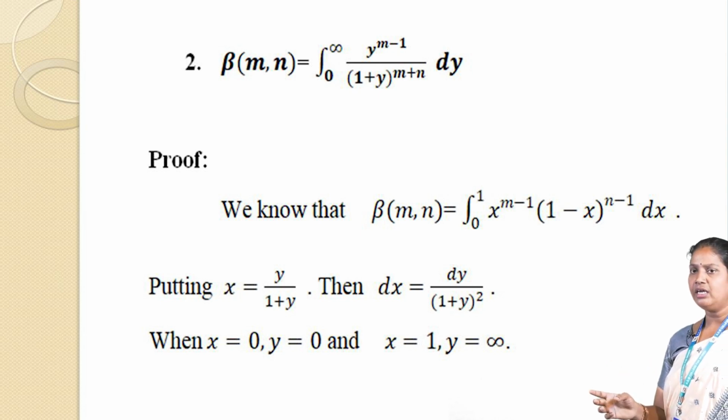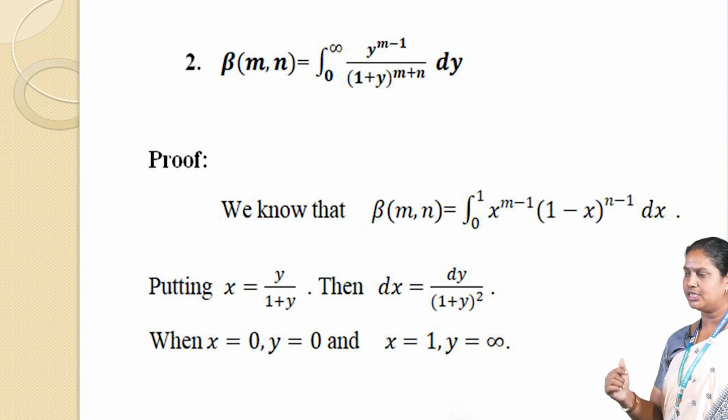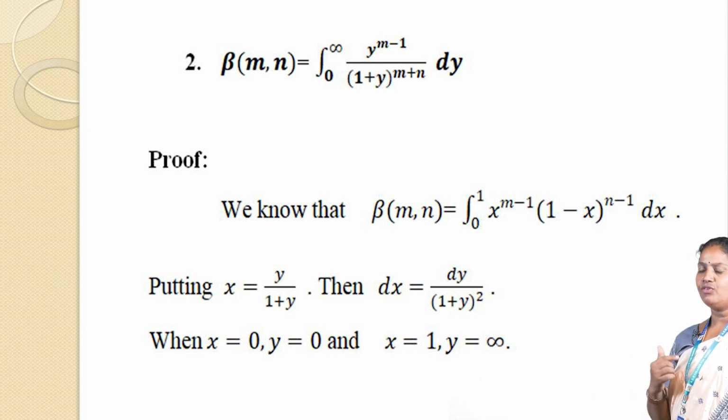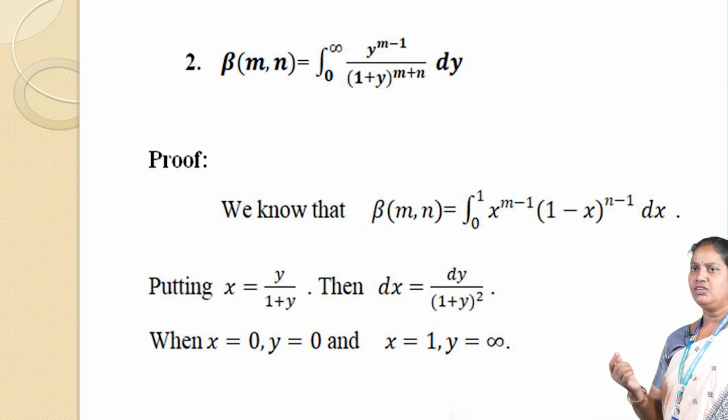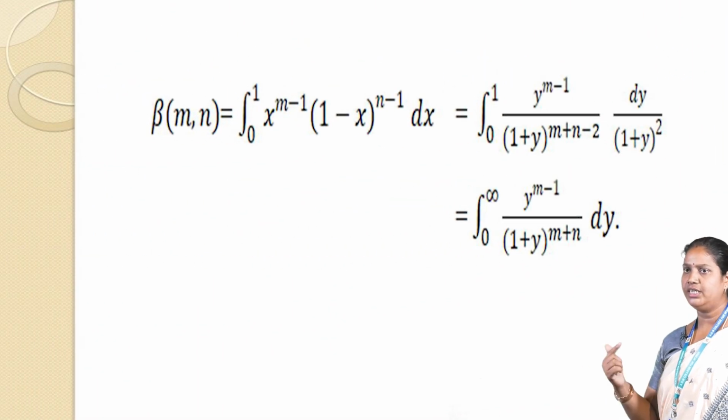So dx will be, by using the u by v method, dy by 1 plus y square. So again we have to calculate the limits. When x equal to 0, y will be 0. When x equal to 1, y will be infinity. If we substitute in the limit, we will get beta of m comma n is equal to integral 0 to